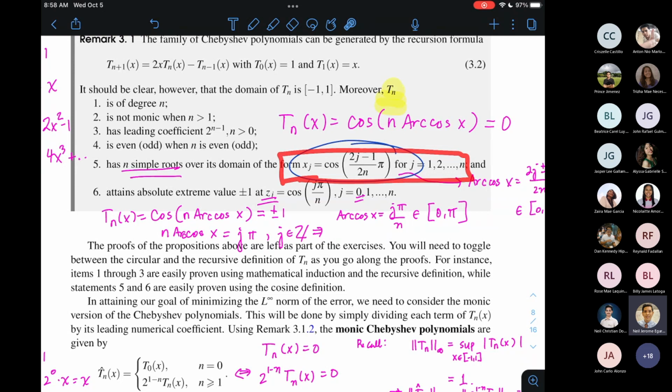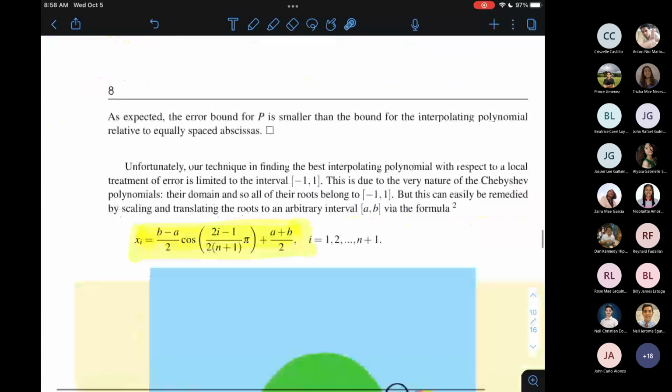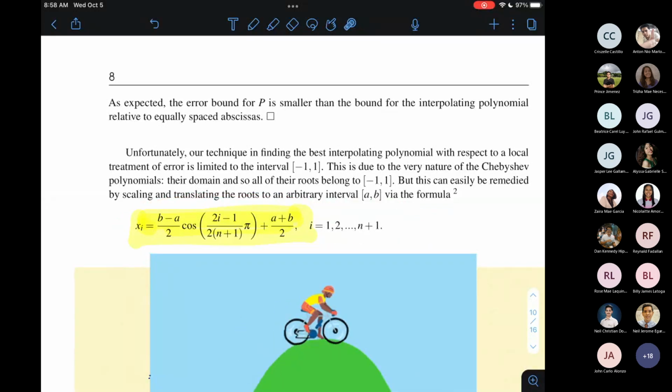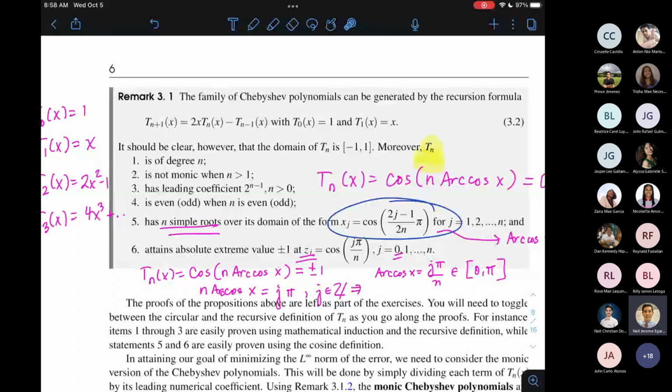Yung kaya lang wala ditong 2, walang n plus 1 sa denominator. Or you're referring to here. Okay. So, clarify ko na lang. So, sa remark 3.1, yung binibigay ng remark 3.1 ay properties ng T sub n, which is the Chebyshev polynomial